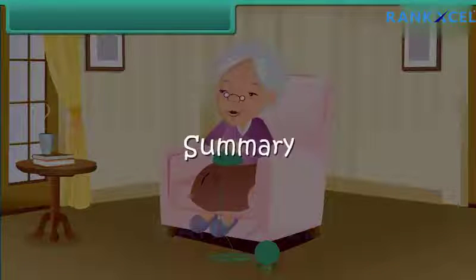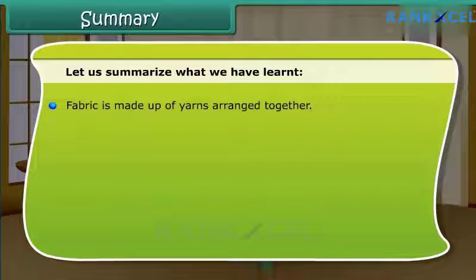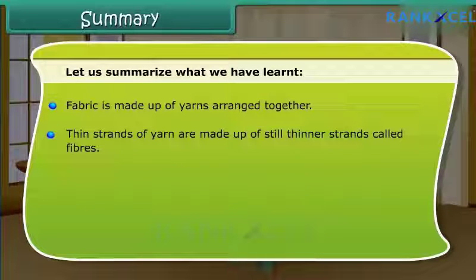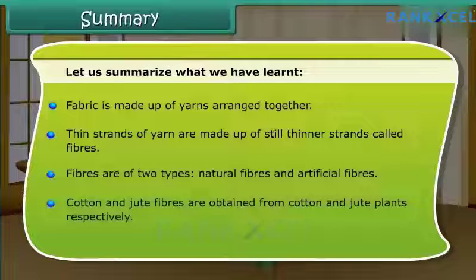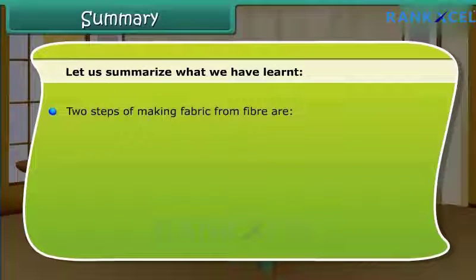Summary. Let us summarize what we have learned. Fabric is made up of yarns arranged together. Thin strands of yarn are made up of still thinner strands called fibers. Fibers are of two types, natural fibers and artificial fibers. Cotton and jute fibers are obtained from cotton and jute plants respectively. Two steps of making fabric from fiber are: 1. Making of yarn from fiber. 2. Making of